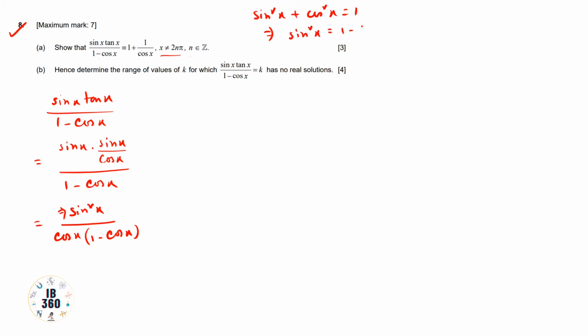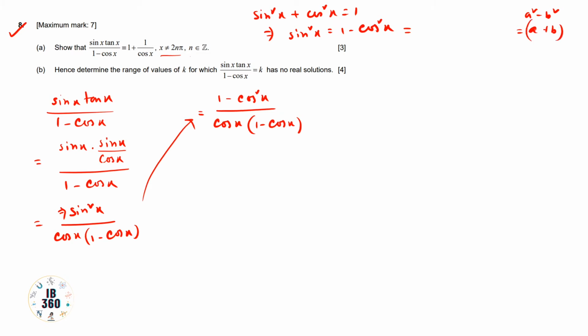sin square x equals 1 minus cos square x. So what we will get here, just see here, that is sin square x. So we are writing it as 1 minus cos square x divided by cos x into 1 minus cos x. Now we can use this formula, a square minus b square is equal to a plus b into a minus b. We will use it here, that is 1 plus cos x into 1 minus cos x,